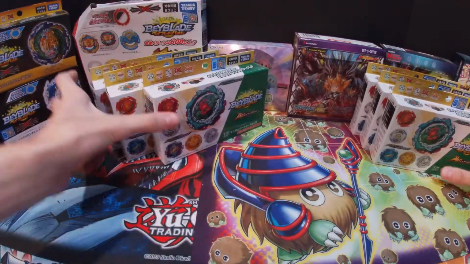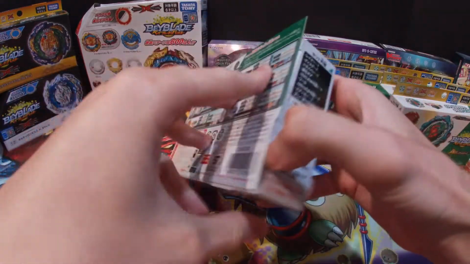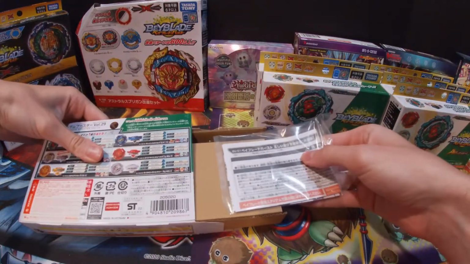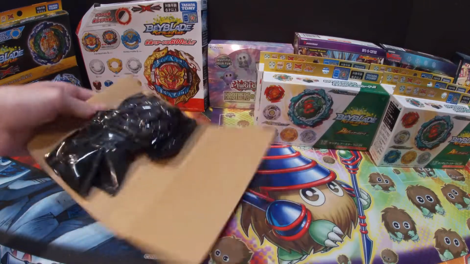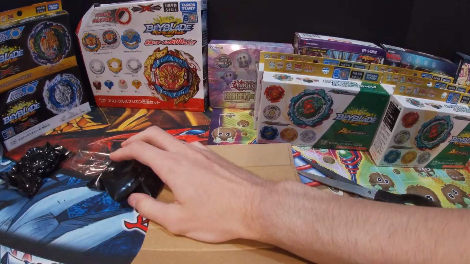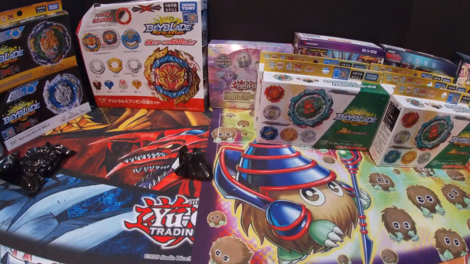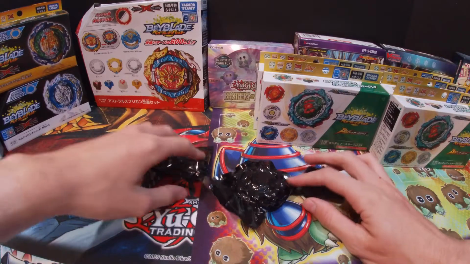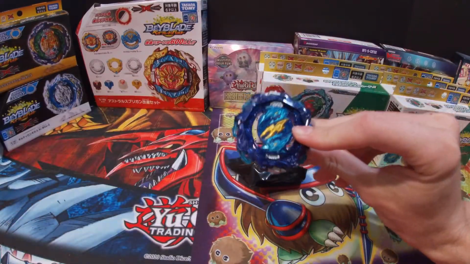So let me just move these over a little bit. And so let's start with this one. So let's see what the first bay is. Alright, the stickers are covered so it doesn't reveal which bay it is first. Alright, and so here we are. So let's see, so the first bay is, alright, here we have the